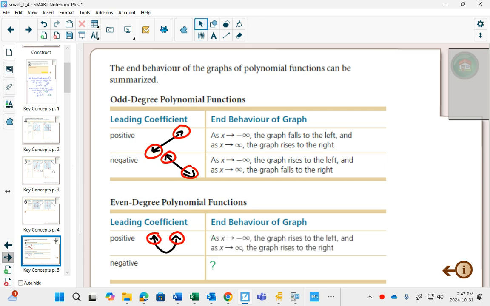As x goes to negative infinity, the graph rises to the left, and as x goes to positive infinity, the graph rises to the right. Similarly, here's a negative parabola, there's your end behavior. And they have the words to describe it. So if we go to example 1,